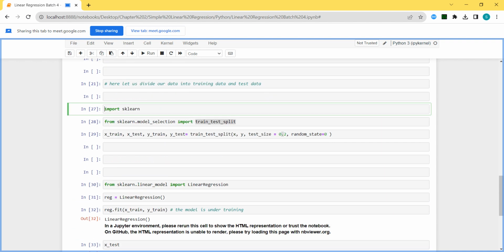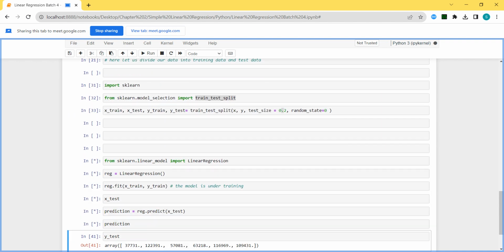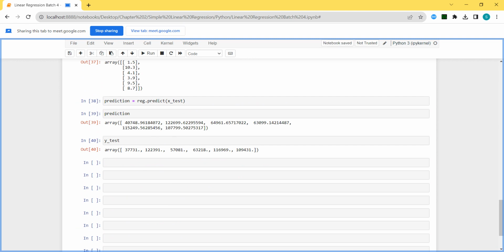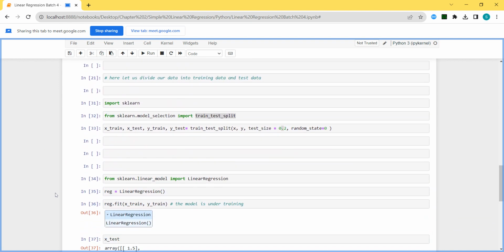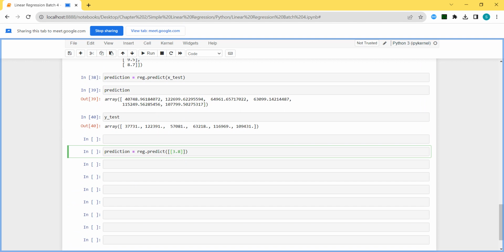Sir, if we run this, now predictions are there. But let's say, for example, instead of test, I will find the prediction of any random person. Let's say Karishma is there and she's telling, sir, this is data of data analytics people. Imagine that Karishma is also experienced in data science. She is telling me, sir, I am experienced in data science for 3.8. Is 3.8 written here? No, 3.8 is not written. So I'm asking Karishma, what is your year of experience? Karishma is saying, sir, I'm 3.8 years experienced in this field.